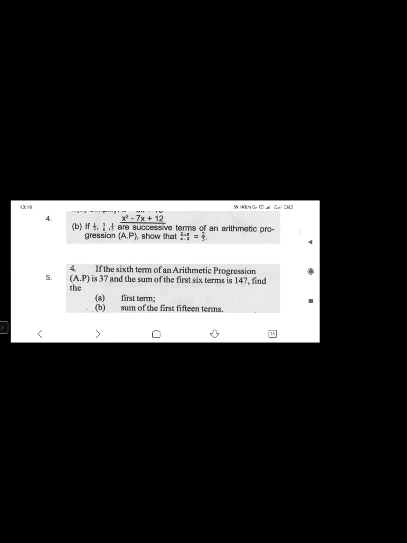So look at this, question 4. If 1/2, 1/x, 1/3 are successive terms of an AP, show that 2 minus x over x minus 3 equals 2/3. So you can go and try it. I don't think you should have any problem with it. What we just need to do there is that this is T1, T1 is 1/2, T2 is 1/x, and T3 is this. So what you can just do is find the